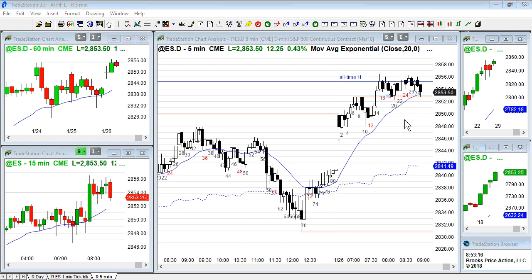If it does, the odds favor a measured move down. So the bulls are buying here again at the 8 high. They're trying to prevent the market from falling below that 20 low. 20 low was a test of a breakout point. And that should remain as the low if this is going to be a bull trend. I don't think it's going to be a bull trend, but if it's going to be a bull trend, the bulls do not want a second test,